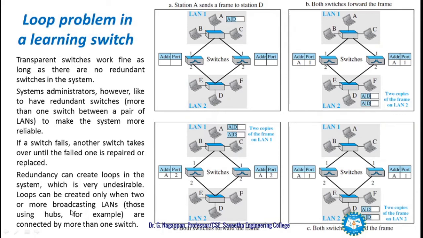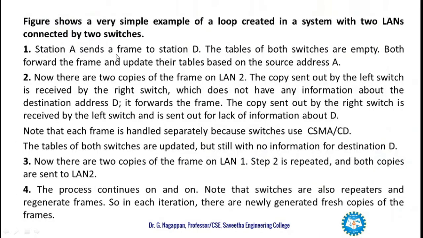Loops can be created only when two or more broadcasting LANs, those using hubs for example, are connected by more than one switch. The figure shows a simple example of a loop created in a system with two LANs connected by switches. Station A sends a frame to station D. The tables of both switches are empty, so both forward the frame and update their tables based on the source address A. Now there are two copies of the frame